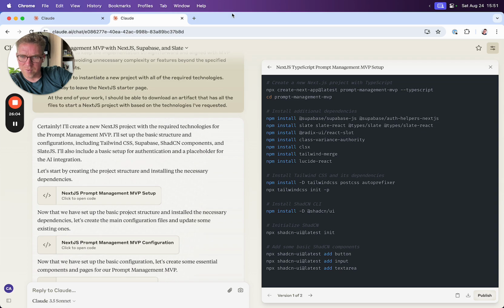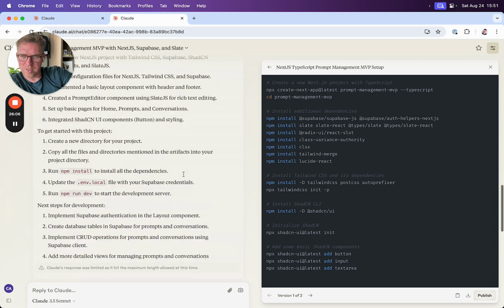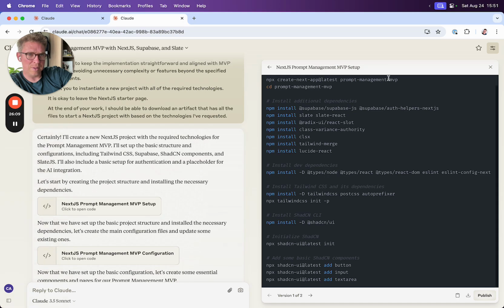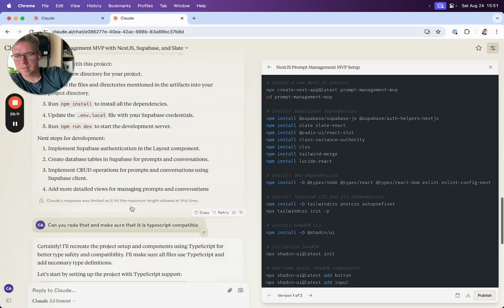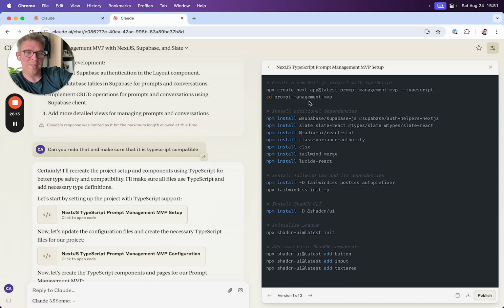Let's go back to the one at the first time I did it, and let's see if it did it with TypeScript, because I don't think it did. Okay, great. So I asked it to do TypeScript. It's going to change that for me. So what we're going to do,